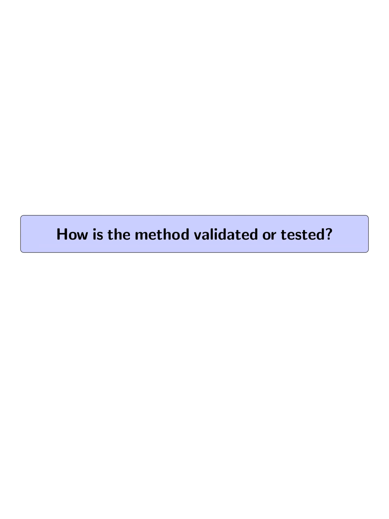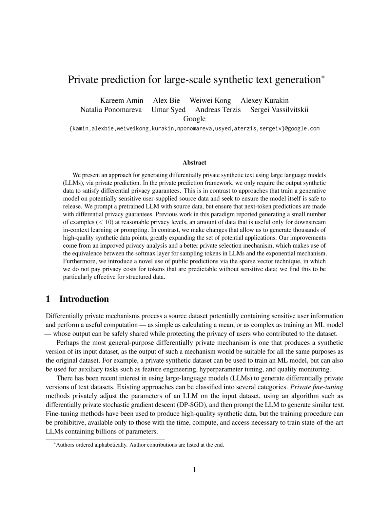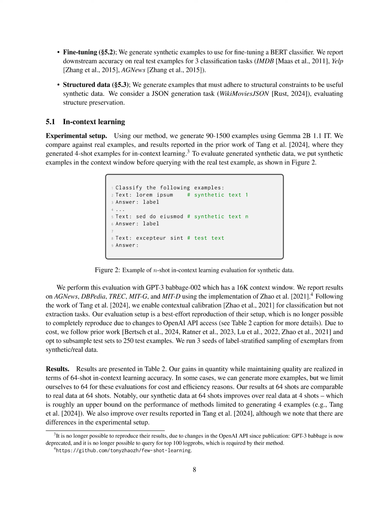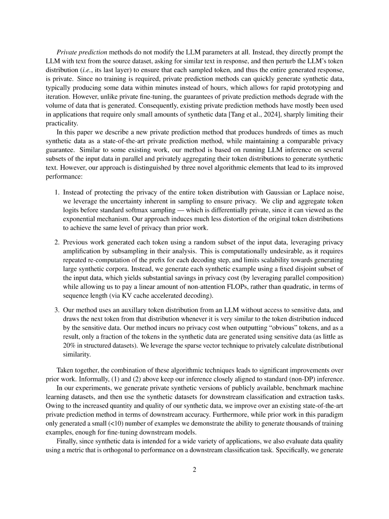How is the method validated or tested? The method is validated through a series of experiments across different scenarios. In the in-context learning experiments, the synthetic examples are compared against real examples, and the downstream accuracy is reported on various classification and extraction tasks. The experiments show that the synthetic data generated by the method is comparable to real data, even outperforming real data